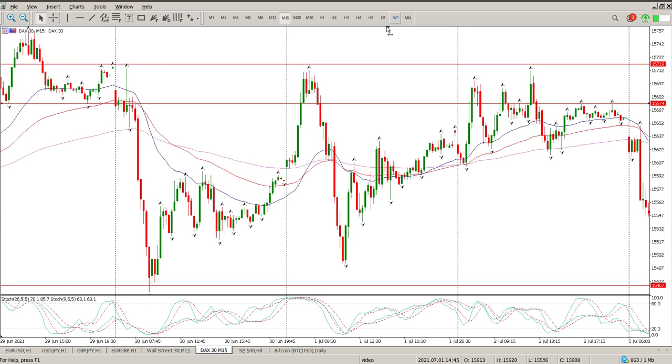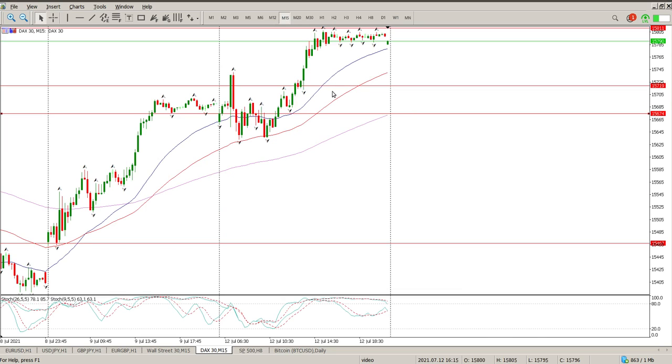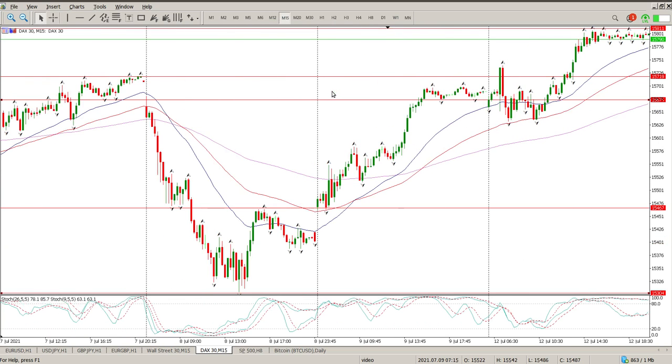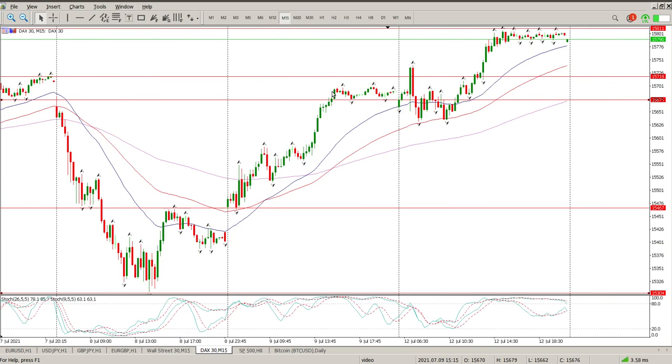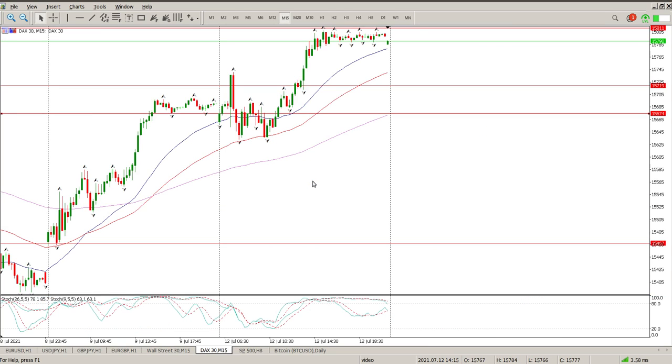I just want to close off with a 15-minute just to highlight any potential trades, and there's nothing here that really indicated to me that there would have been an entry. And it was a little bit scary jumping in long up here. So no trade for me there. We do have a bit of a magnet at the downside, this big gap. And yeah, I'm sitting on my hands.